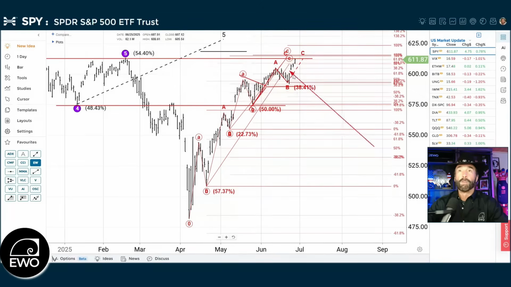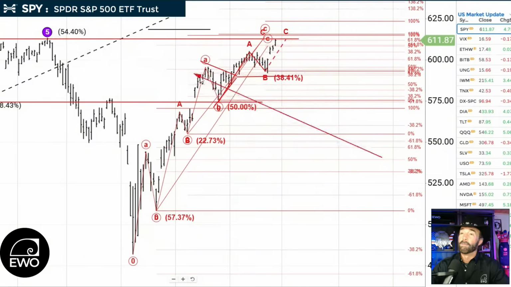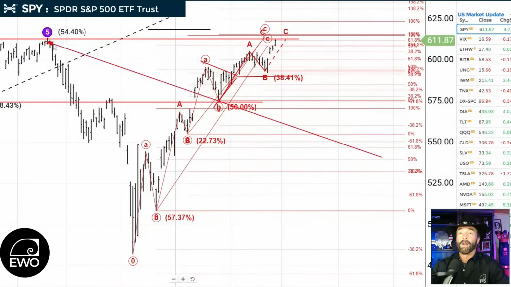We've been talking about this for weeks, that the market was likely to go up and hit the February highs, even though it didn't feel like we were going to do that. But that's what the chart said, and that's where we went. So once we hit these February highs, then we'll have to take another look and see if we can break these highs and move higher. But that's why we talk about zigzags. And then with the added complexity of this triangle in here,